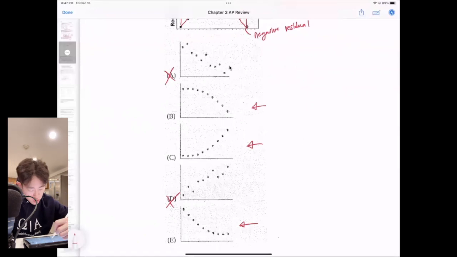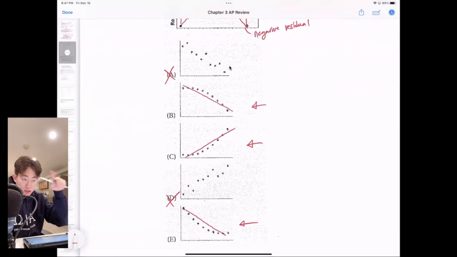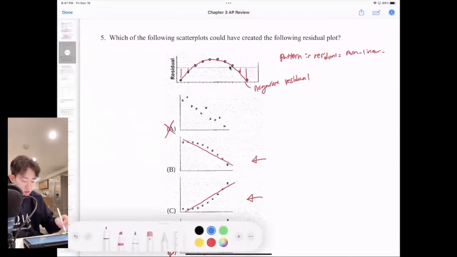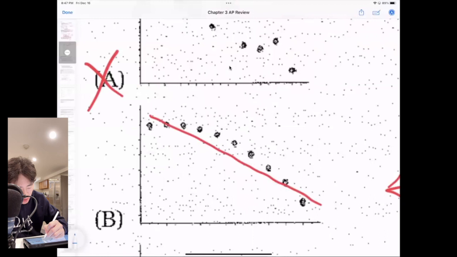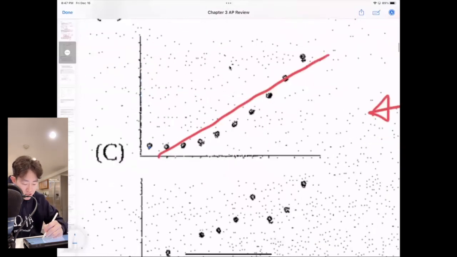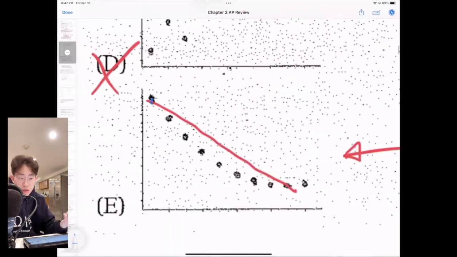Now, if you were to draw a best line of fit for all of these, generally I think that's how it's going to look. Look at the residuals from the beginning to the end. I'm going to use a different color to annotate this. Notice in the very beginning, for this one, the actual dots are below the line. And then when you take a look at this, the dots are above the line. And here, the dot is actually above that line.